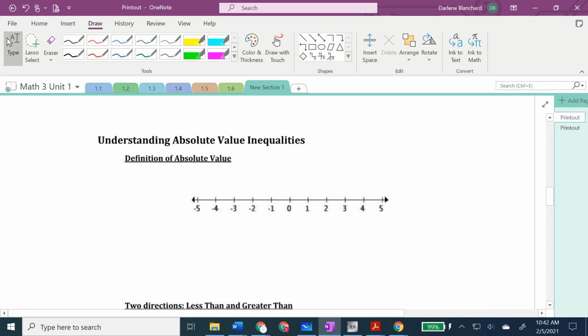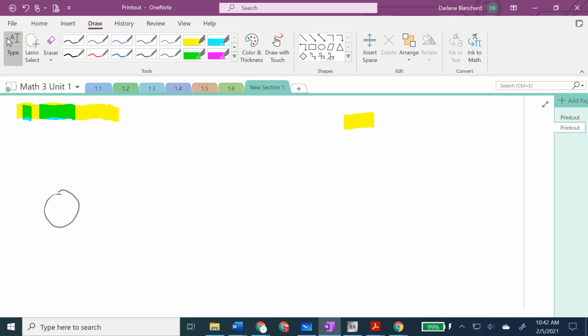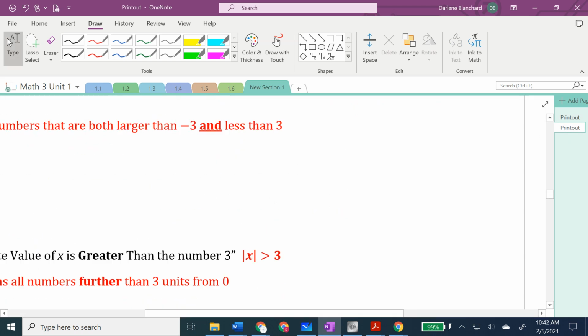Absolute value inequalities is another issue. Now, I want to point out, you may have already memorized how to solve absolute value inequalities, and if you still remember how to do it, then that is fantastic. What I'm attempting to do is make sure that you understand what you're creating. So, coming over here,